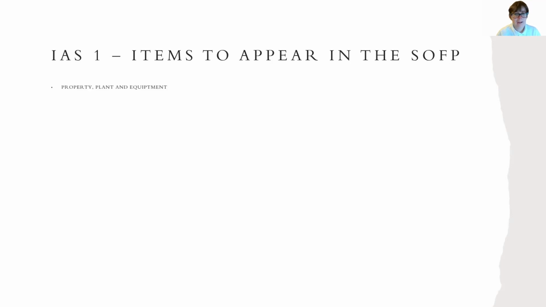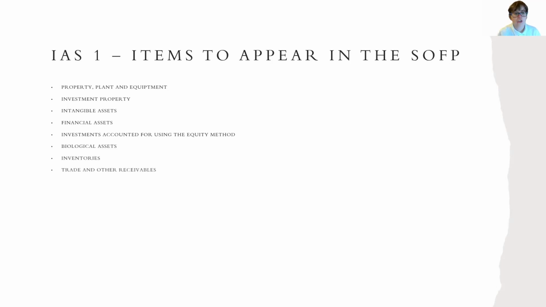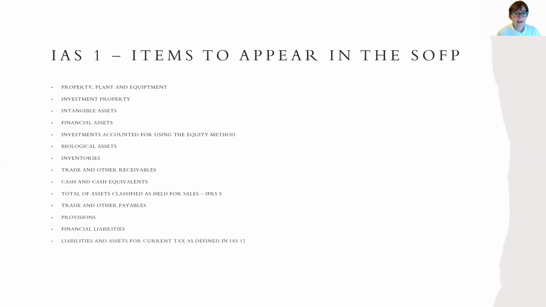So property, plant and equipment, investment property, intangible assets, financial assets, investments accounted for using the equity method, biological assets, inventories, trade and other receivables, cash and cash equivalents, the total of assets classified as held for sale, as shown in IFRS 5, trade and other payables, provisions, financial liabilities, liabilities and assets for the current tax, as